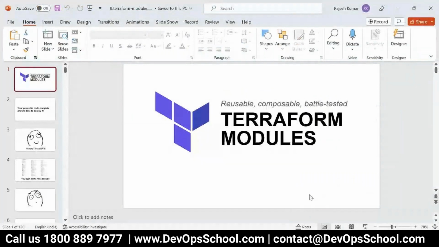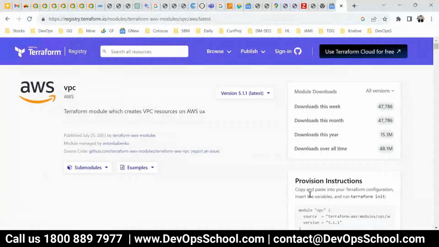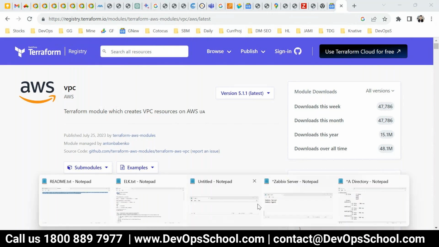I mean, there is some code in the documentation also, in the registry, if you go per resource basis. So are they different from these modules? It is being provided how you can write the module, but